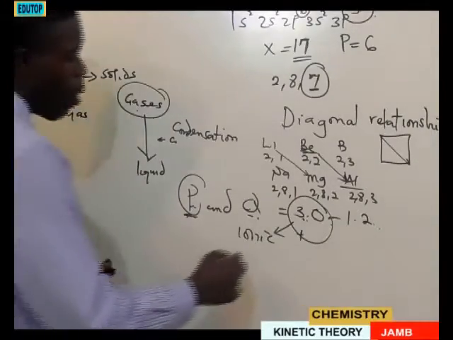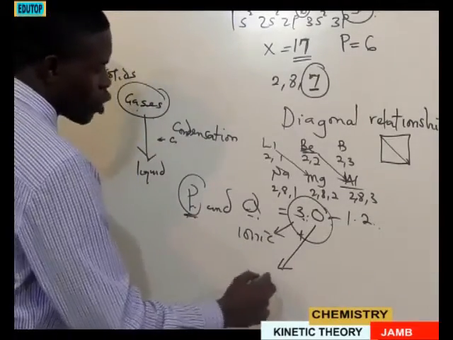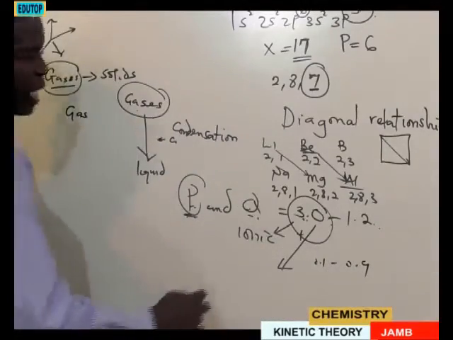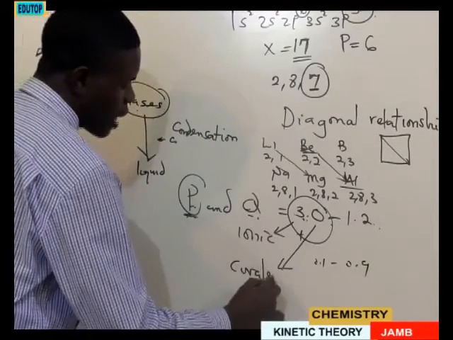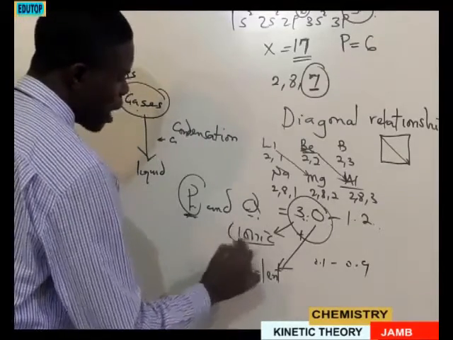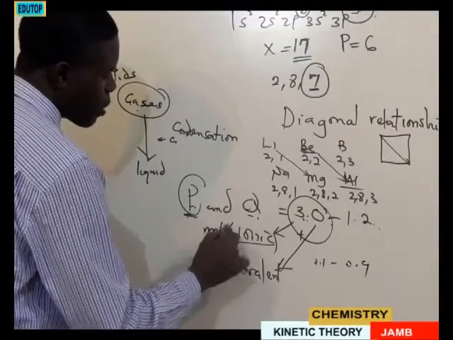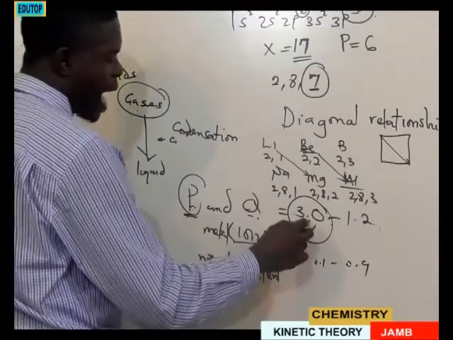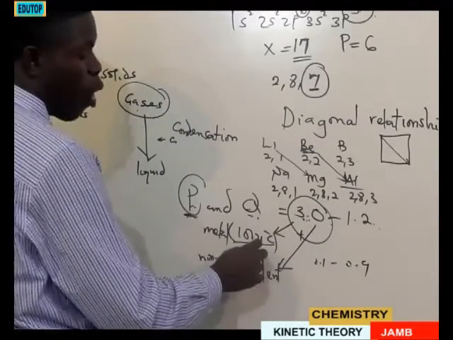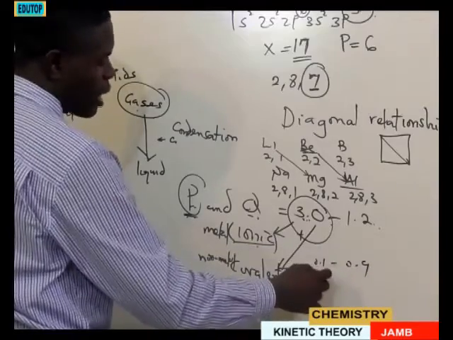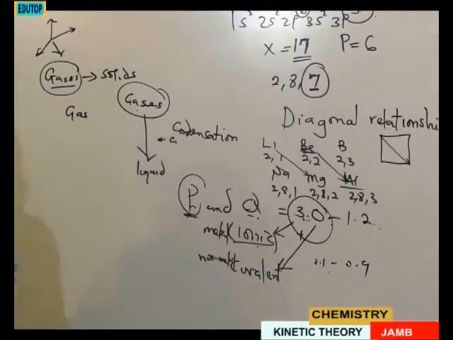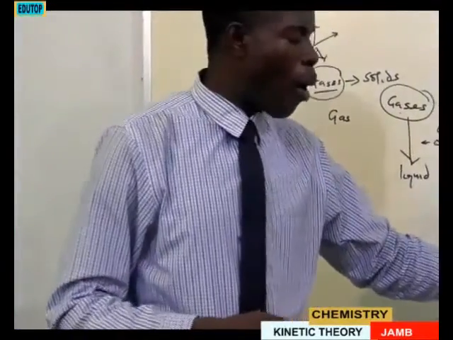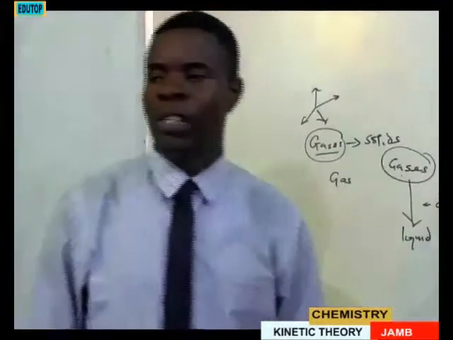But when you have a small electronegativity difference, such as between 0.1 to 0.9, automatically it will assume covalent. Take note of that. And definitely this one will be metal. It's only metal that will exhibit this, while non-metal will exhibit this. Take note of that. So higher electronegativity value, ionic or electrovalent. Lower electronegativity value, covalent. So let's go to our options and see the one that will suit based on our understanding of this concept.